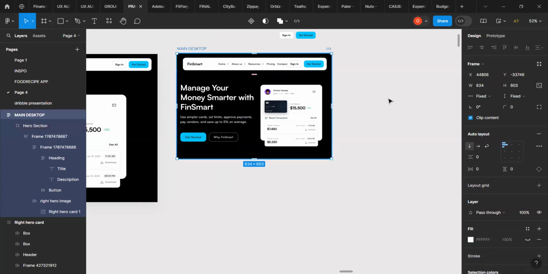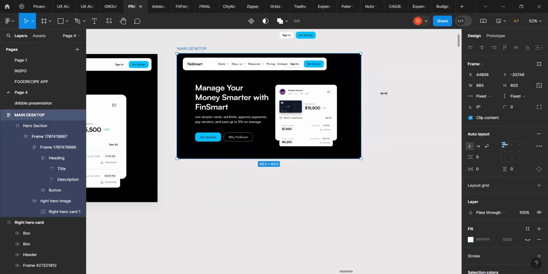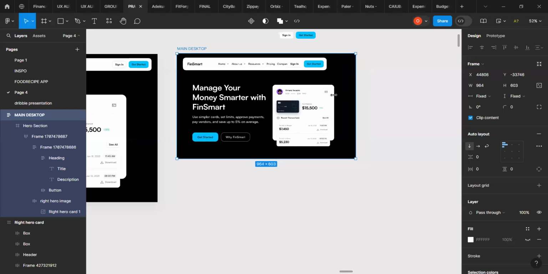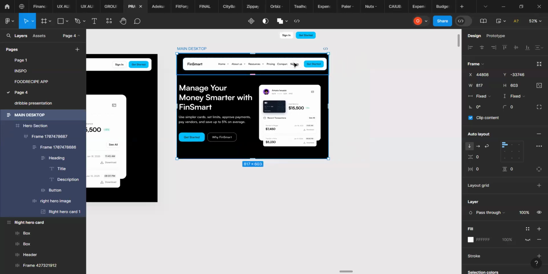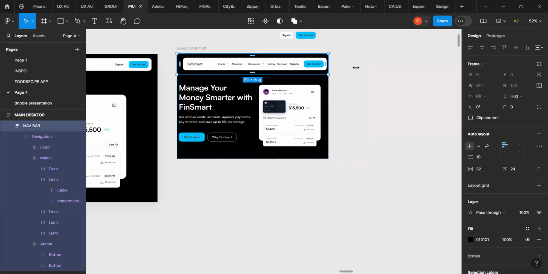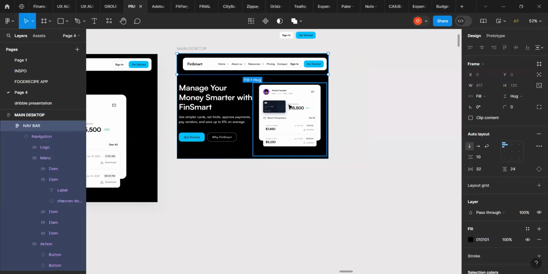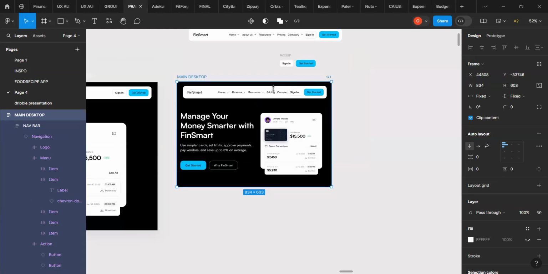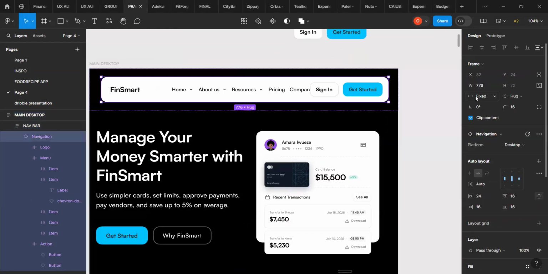But now let's check if it's responsive. Can you see only one is responsive? The hero section is not responsive. You see, it's not because I've not fixed it yet. But now we're done with this, and let me fix the hero section. Okay. So now to fix this hero section,